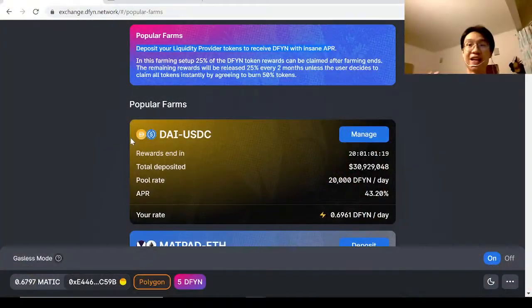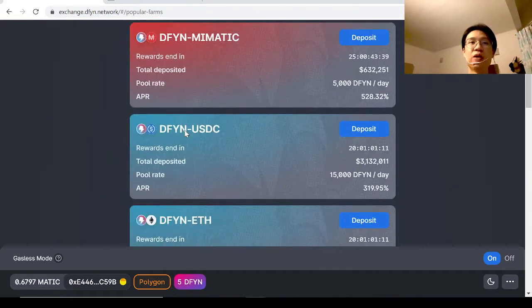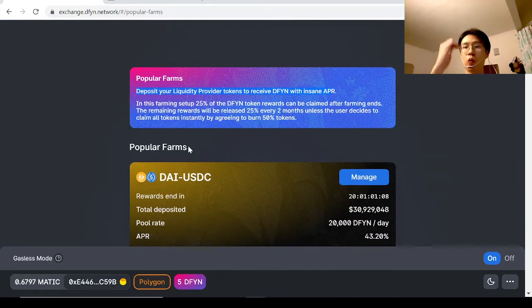What's happening here with DeFi, QuickSwap, all this is what they get you to do. They give you rewards for putting your DAI and USDC, or ETH and USDC. What they're trying to do is they want you to put one asset with another asset together in a pool. They call them liquidity pools. I'm not going to talk too much about that because it will take up a lot of time. So Google liquidity pool, liquidity mining to understand what happens in the pool